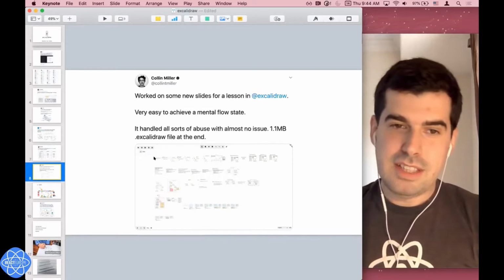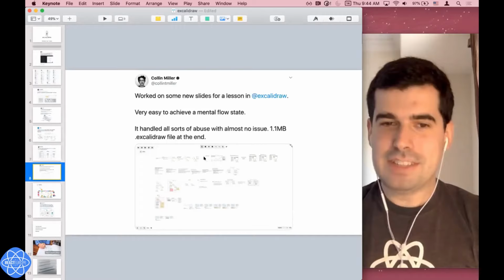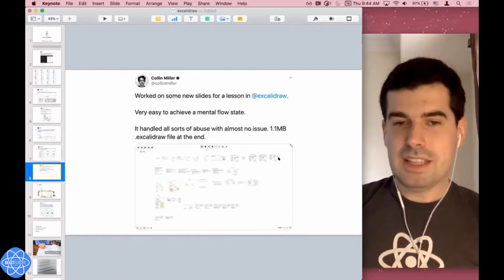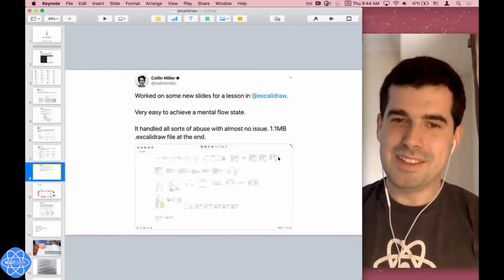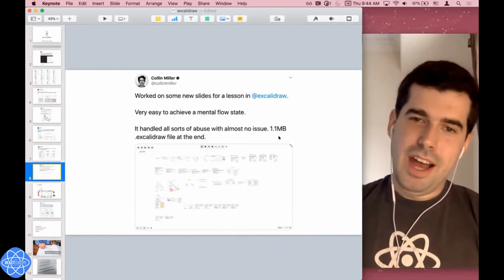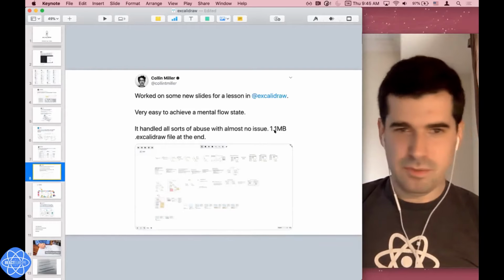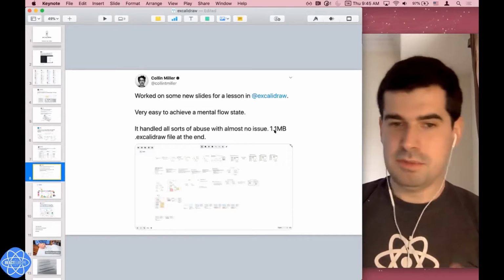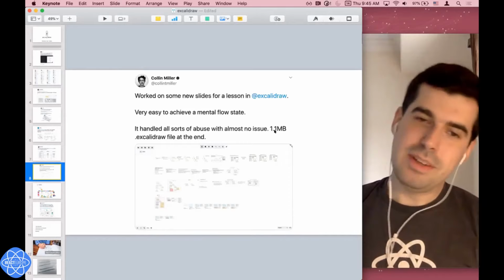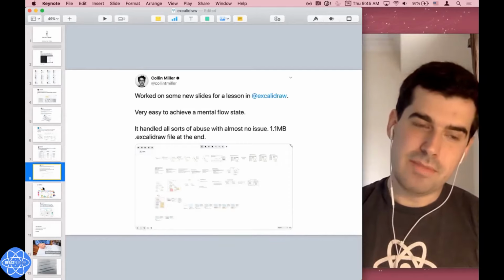And so he did an illustration for every single part of the blog post, and then he scrolls through all of the slides using this. And he said the scene is now 1.1 meg because of all of the optimization that we've done, and I'm going to talk about some at the end, he's been able to get it working. And then